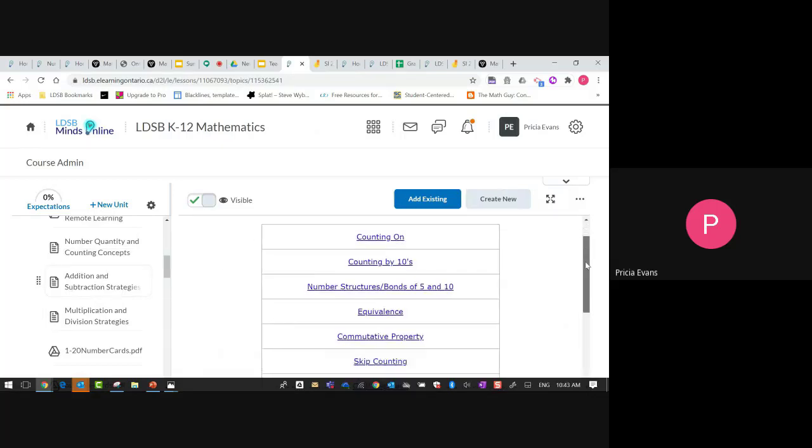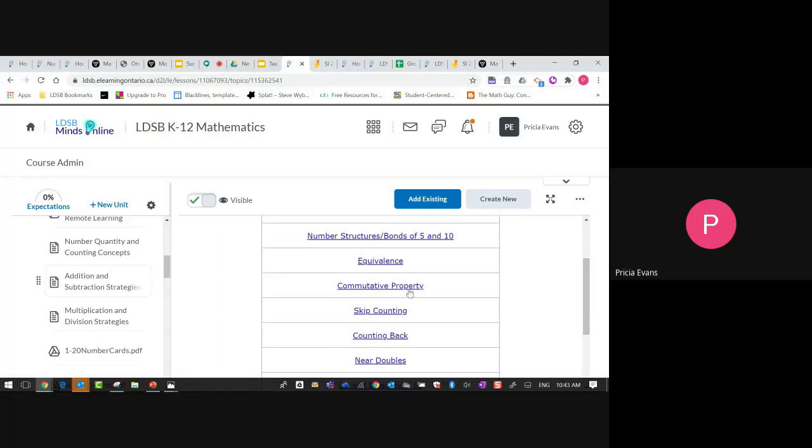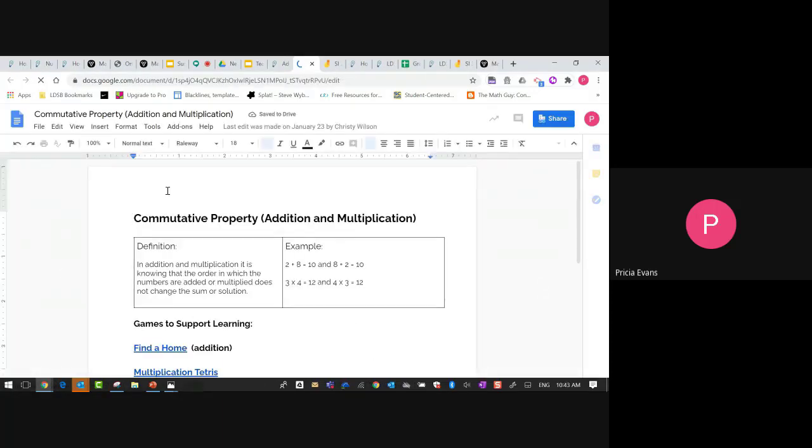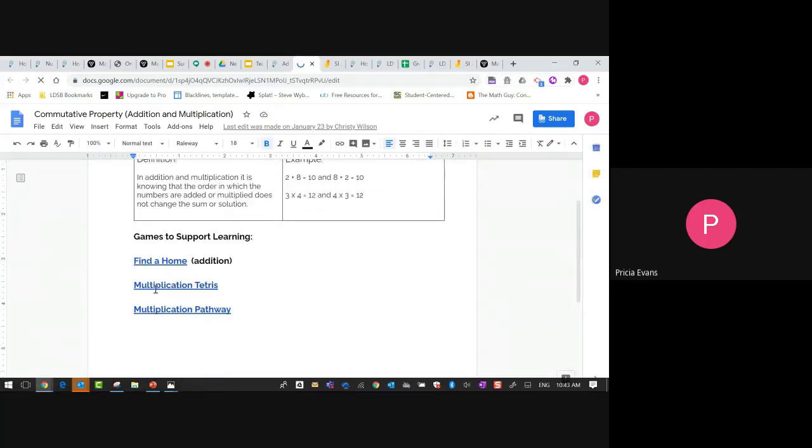Say I want to work on the commutative property. There's a definition of what that is, and then some games that will support it. If you click on the game, it takes you to the instructions. Everything you need is there, besides dice.